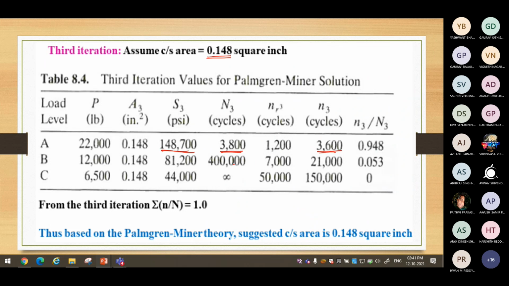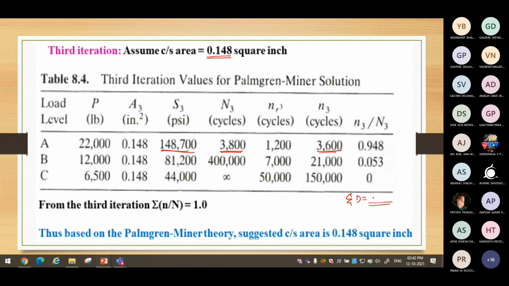You have to now check whether the other loads that you are applying are causing the remaining cumulative damage, whether it is coming that much or not. Okay. So altogether now you calculate and find out what is the total cumulative damage. Just sum it up. 1 or a little bit greater than 1 you may get.